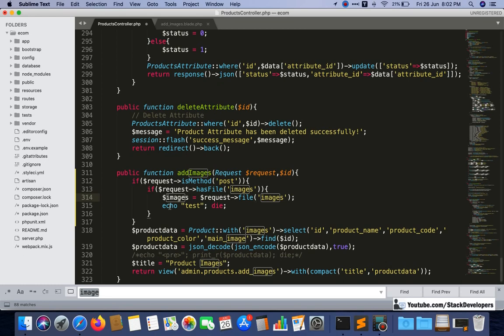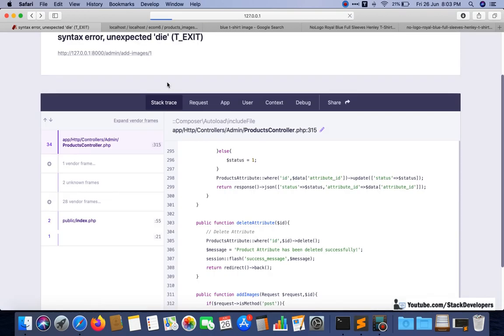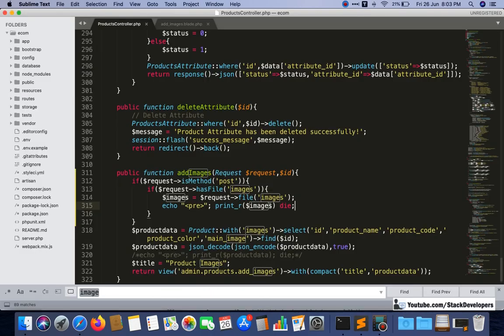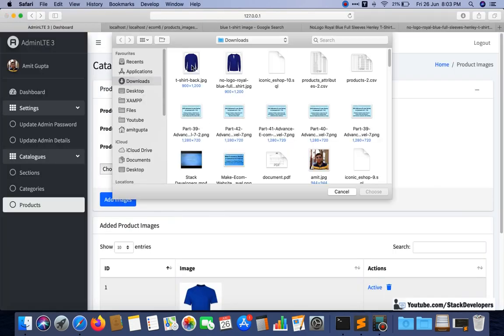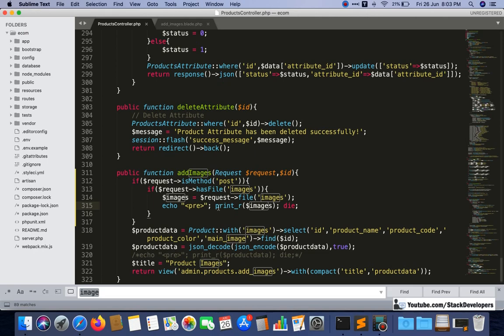Then once again I can check what is coming up here. I can check whether the images are coming up or not. I can do it like this, and you can debug your code again and again. Once again we will move back, and I need to refresh this time because a semicolon is missing, so that we can check our code. Choose, and then see here both are coming once again, so it is working perfectly. And now we can move forward.